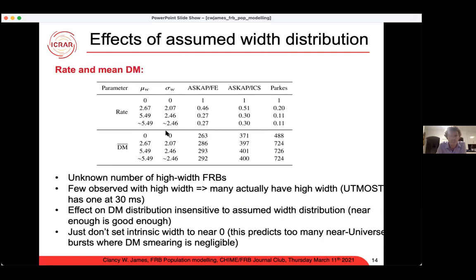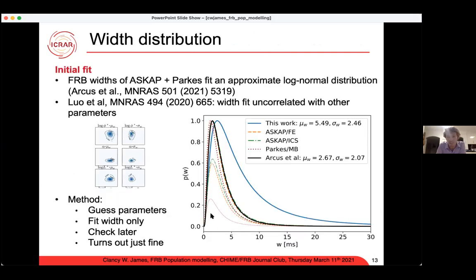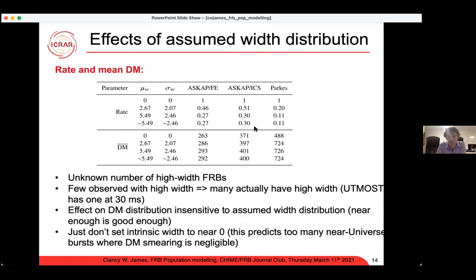So I simply use five single points in width, like put a point there, point there, point there, point there, point there. And that numerical approximation turns out to be good enough. In fact, you can then say, okay, what's a biasing effect in, say, your expected DM from this model? And it turns out that in any of these three cases, using your observed width as a true width, the full distribution or a numerical approximation, you get about the same expected DM distribution for your mean DM. So really, as long as you have a reasonable attempt at modeling your width distribution, it's probably good enough, is the conclusion.